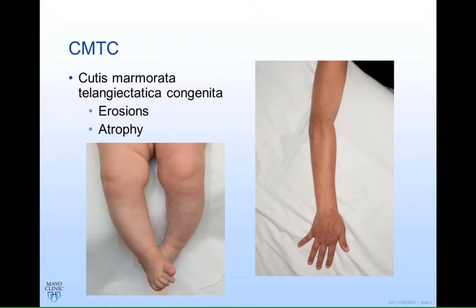There really probably is a bit more of a distinction here. You can see it's a little bit harder to see on the young baby, but you can see a little bit more coarseness, and that's really apparent on the older child here. You can see that coarseness to the capillary malformation, which really leads to being more of CMTC. There are other things that are more commonly associated with CMTC that you don't necessarily always see with capillary malformations. In particular, you can get some erosions overlying the top, so some skin breakdown, and then you can also have atrophy of the tissues underlying these CMTC areas.